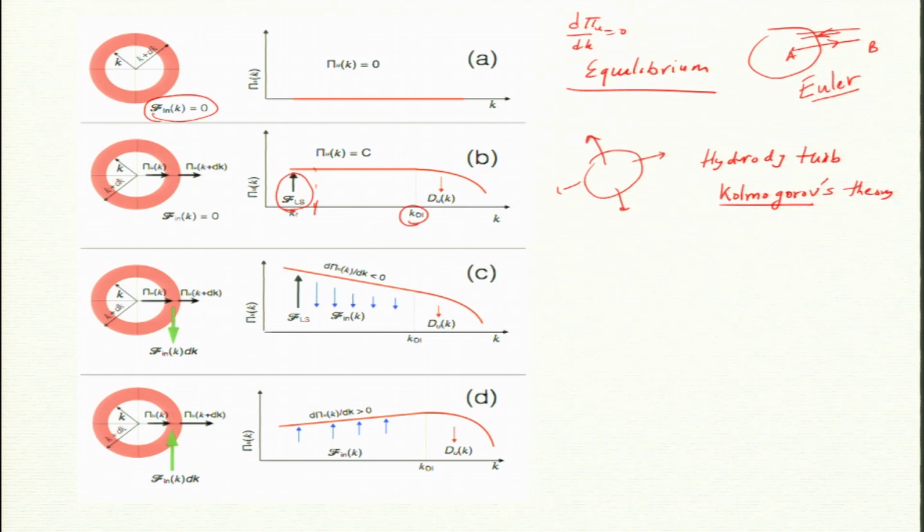Fine. So, force being 0 gives you two scenarios. The third is when F·U_K is negative. Then flux, according to our formula, should decrease. So, dΠ/dK must be negative. So, flux will decrease, and I can see that F·U_K is decreasing with K. So, it is negative, you see F·U_K is negative. So, my flux will decrease, and this does happen in